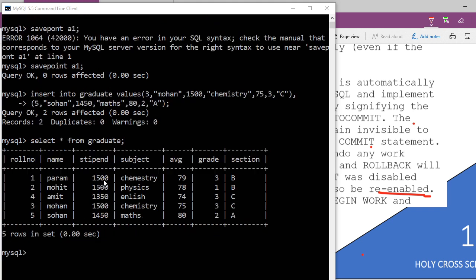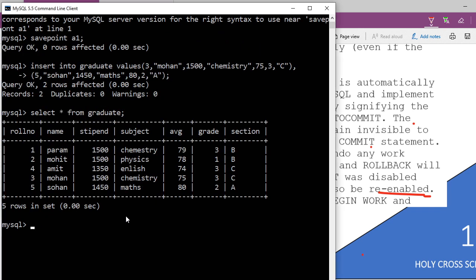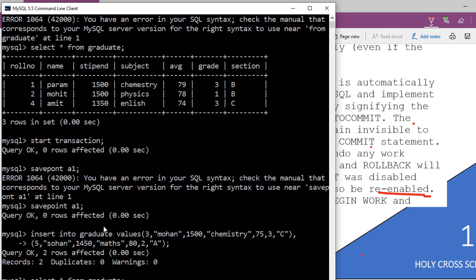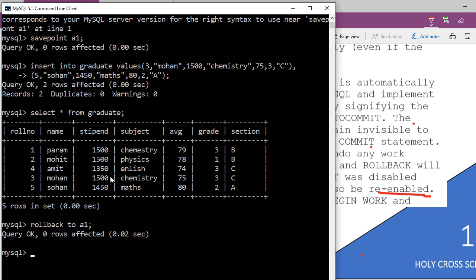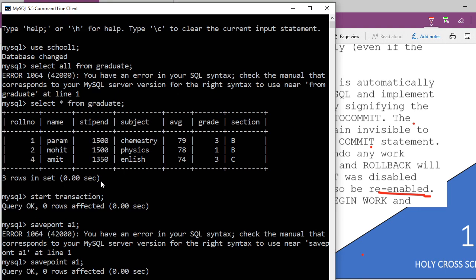Now I'm going to roll back. See here, I'm writing rollback to, what is the save point name? A1 is the save point name. I am going to press enter key. So it's a success, I rolled back, is it? Now I should see whether the consistency of the table is being maintained or not. Understand? So this is my original table and this is the updated one. But I want to roll back all those updates and come back to the original table.